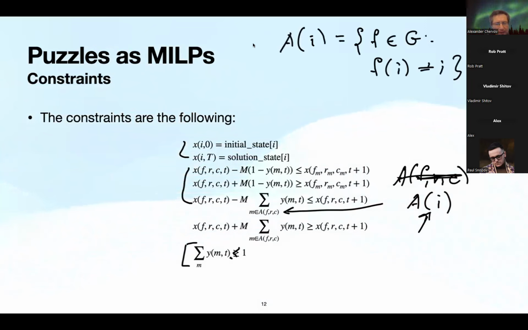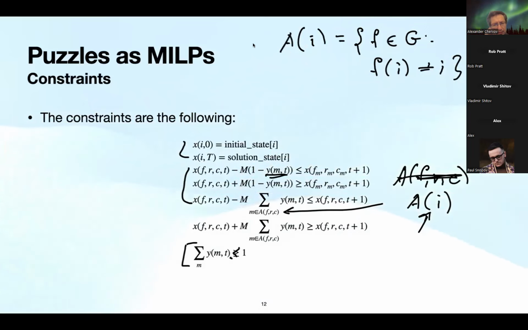So how would you describe, for example, the third constraint in words? Yes, it means the following. Let's recall that this variable y indicates that a move is done, and then the move m is done.